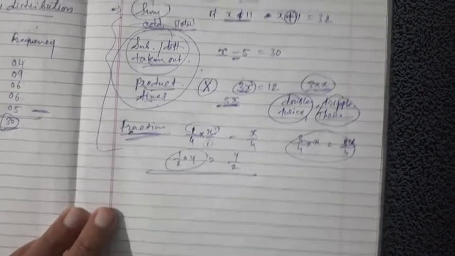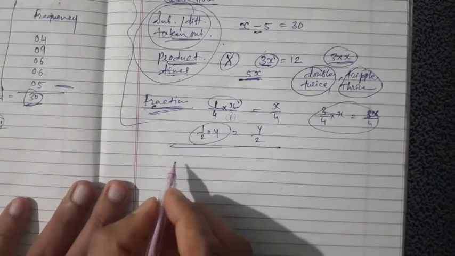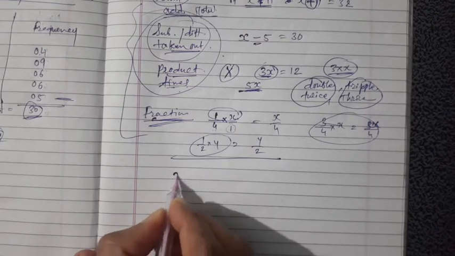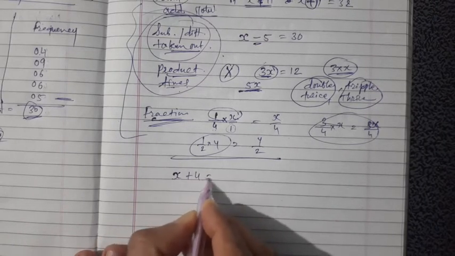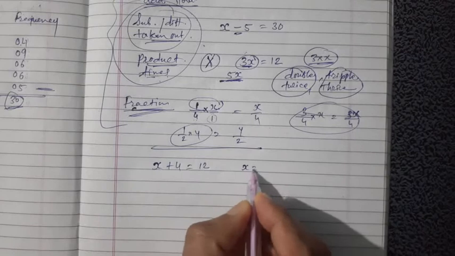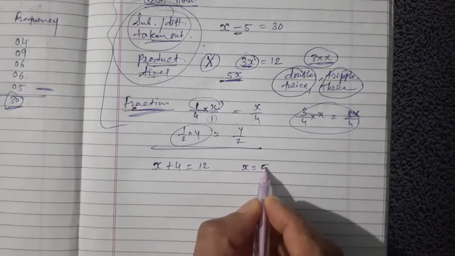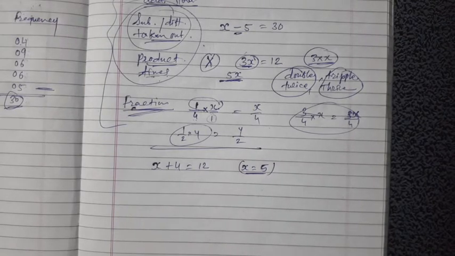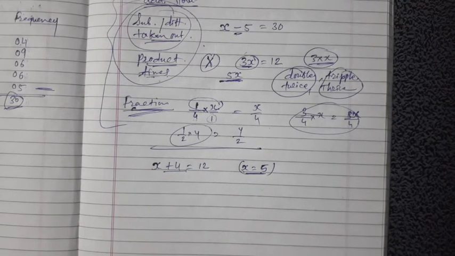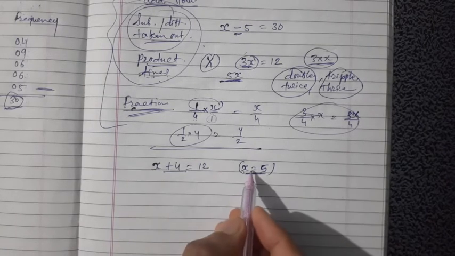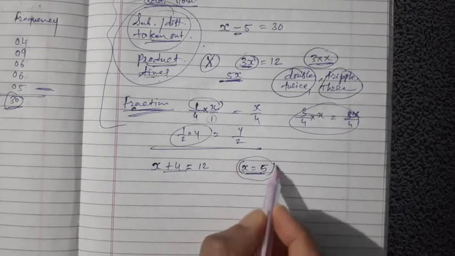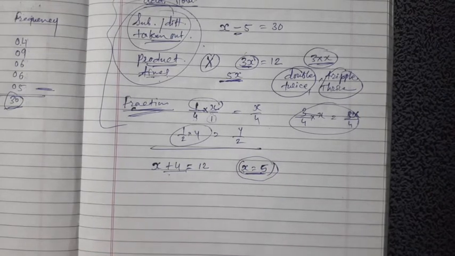Okay, so sometimes the numbers are given. Look, for example, x plus 4 equal to 12. And here the value of the variable is given, suppose that is 5. Okay, so is x equal to 5 right for that one or not? You just check that one. Otherwise, is x equal to 5 a solution of that equation or not?